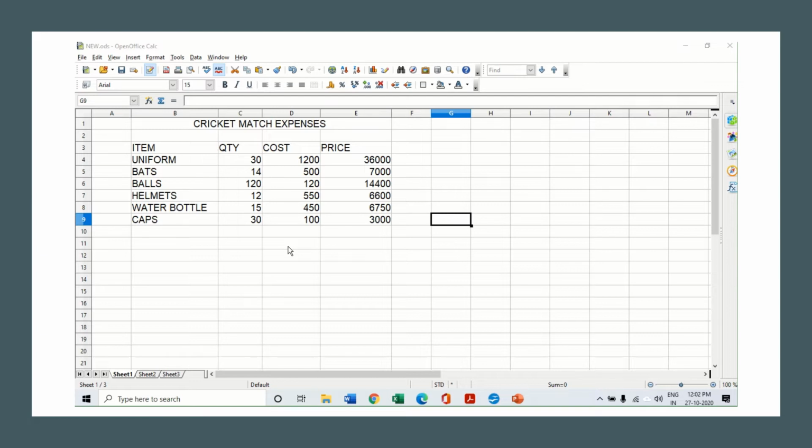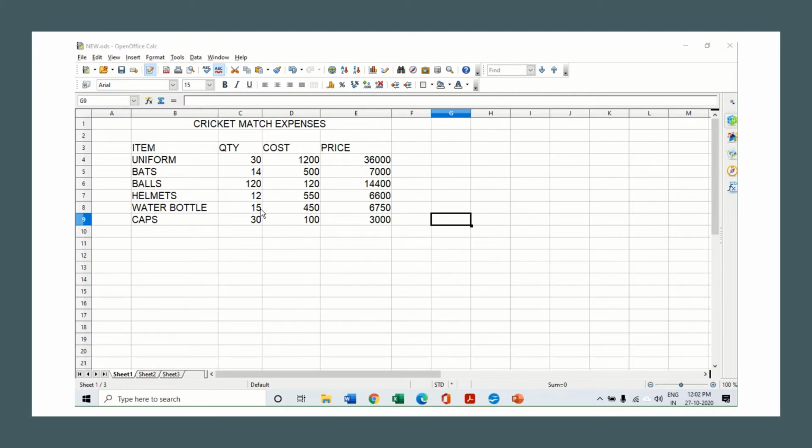But the coach also tells you that he wants to review the changes that you have made before finalizing the actual bill. So he wants to know what changes you have made to this particular sheet. He may not be able to see it in a day or two, so he will want to see it later on. Suppose I go and change over here: it was not 30 uniforms, you people had bought only 25 uniforms, or the price of the balls given over here is wrong, or the water bottles were only 10 water bottles.